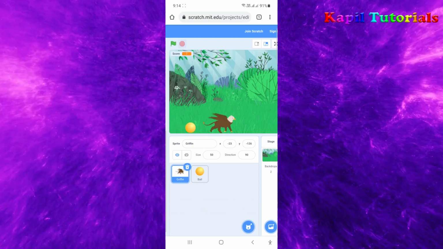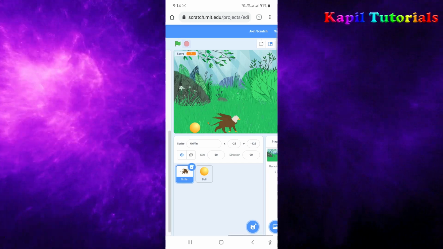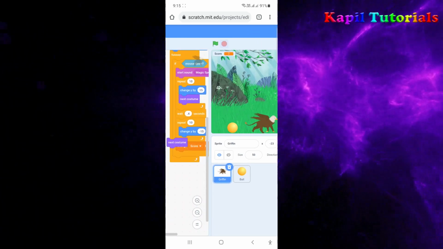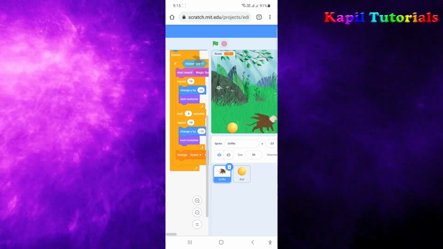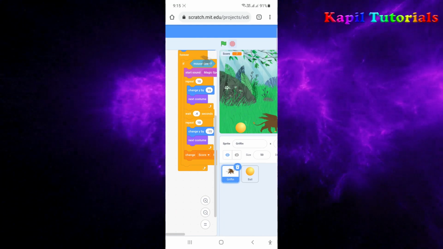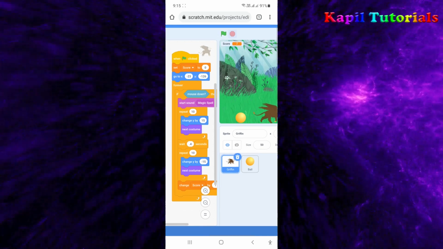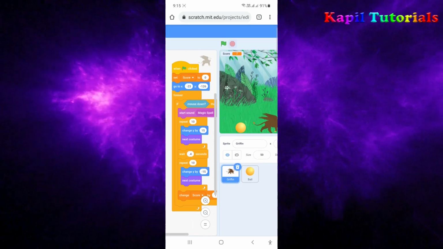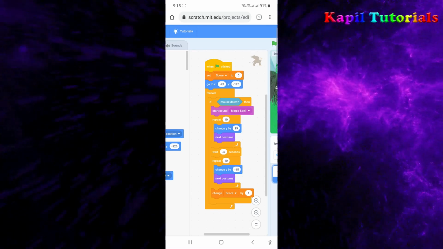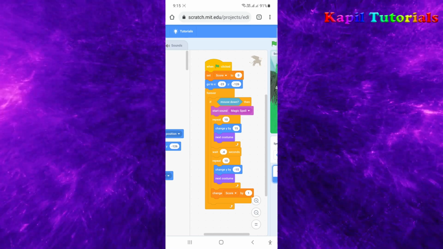I am using my mobile just to show you that it is working fine on my mobile also. So this tutorial will be a little faster because earlier I have done all the explanations. So I'll show you the commands, what changes I have done. Step by step I'll be telling you what the commands are. Rest of the commands are the same, that means what I gave you in the earlier tutorial.